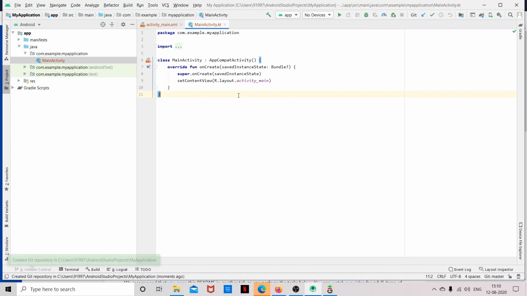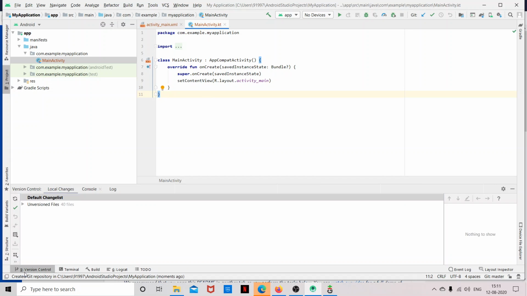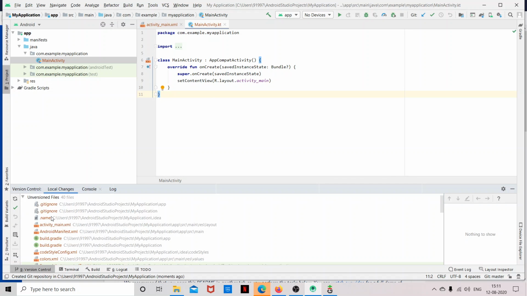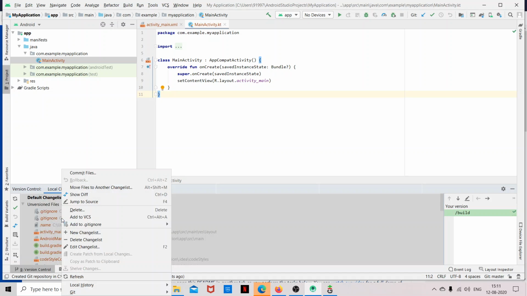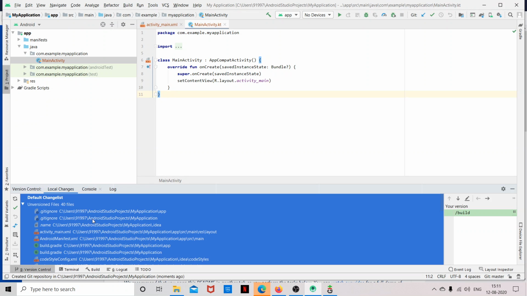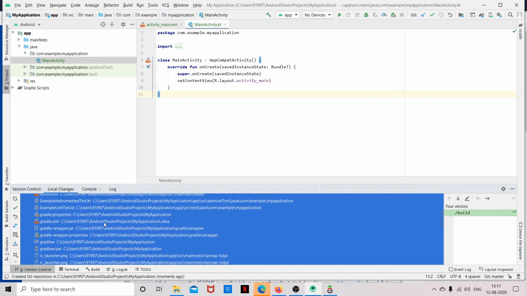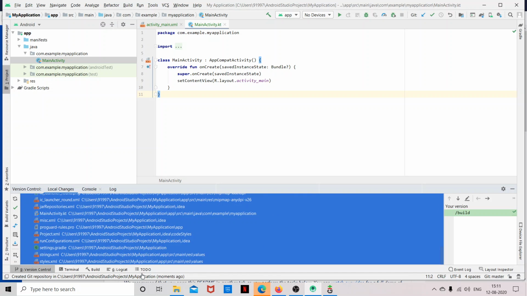So now you can see that all my files are in red, which indicates that they have not been added for commit. So to add all these files, click on version control, select all unversioned files, right click, add to VCS. So all my files are now added for commit.